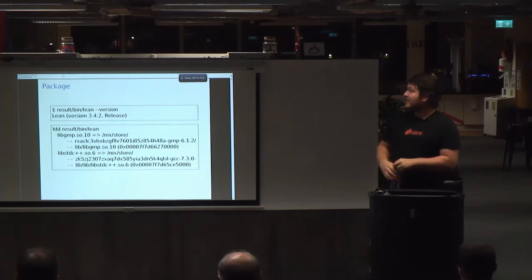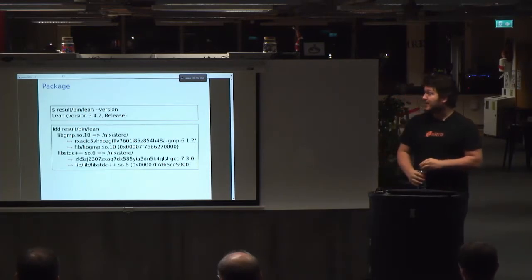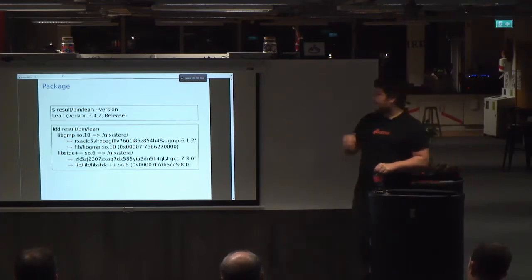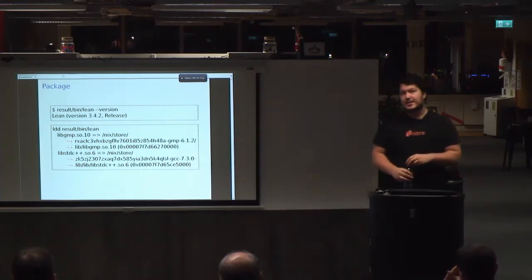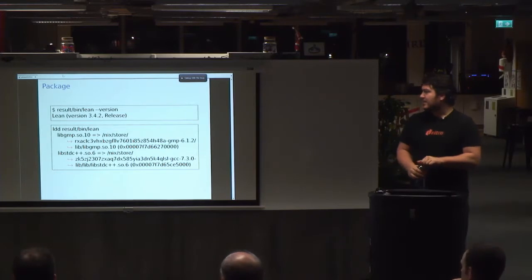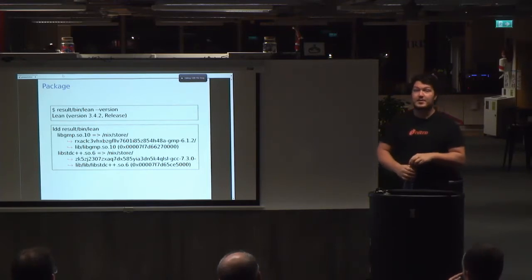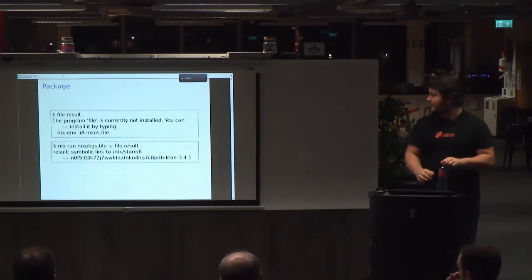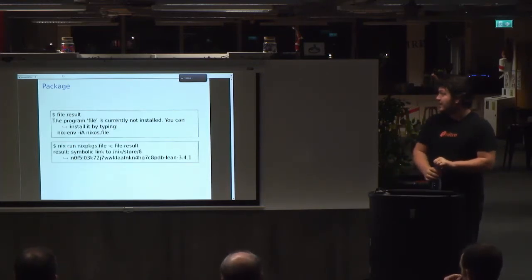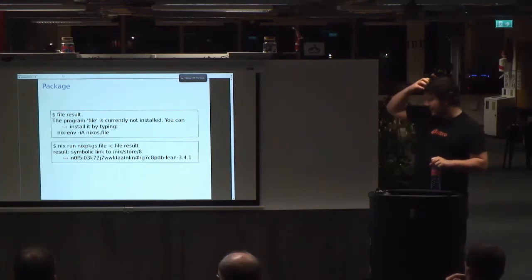And I can run the lean command using the result symlink here. And if I inspect it, all the libraries that it depends on are listed here, and they're actually linked using RPath, so that no matter where you put it or what libraries are in your environment, running the executable will always use the libraries that it was built with. And then I can run file to see that the result is a symlink to the store, like I said.